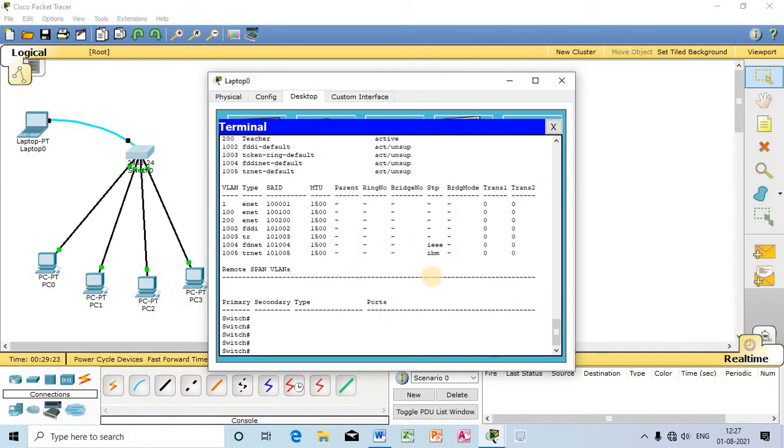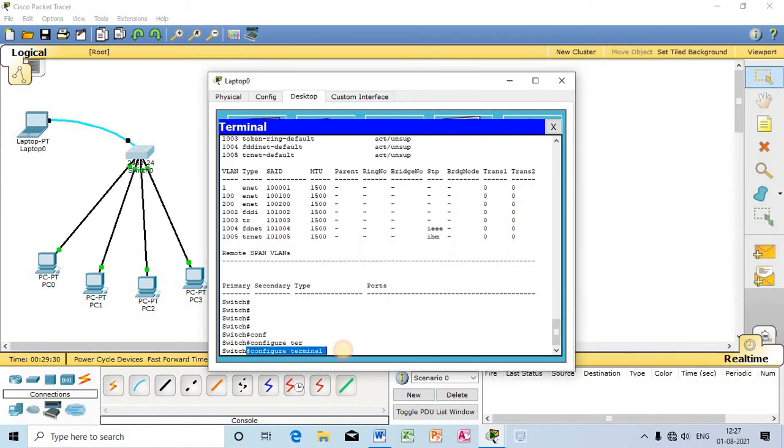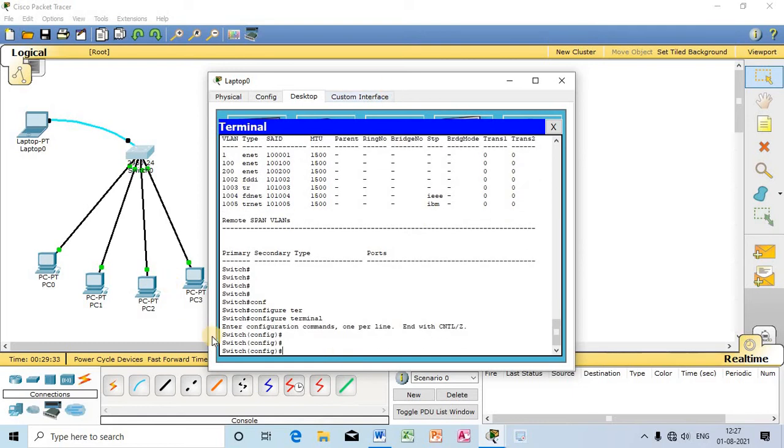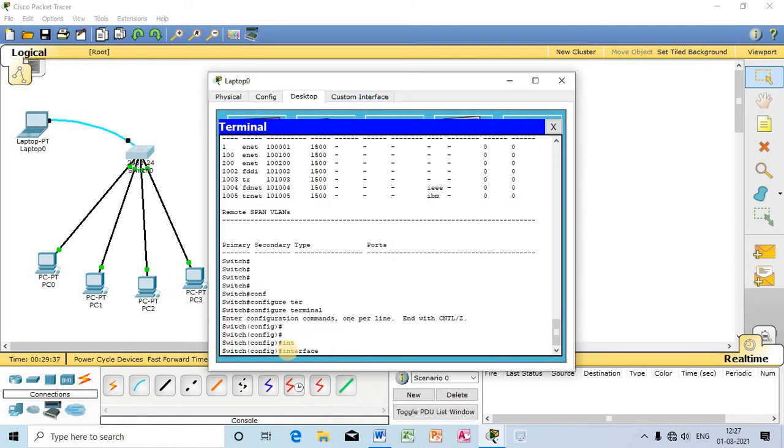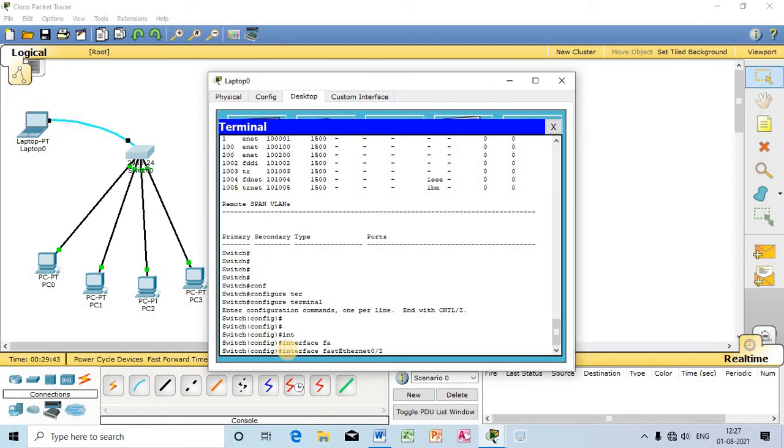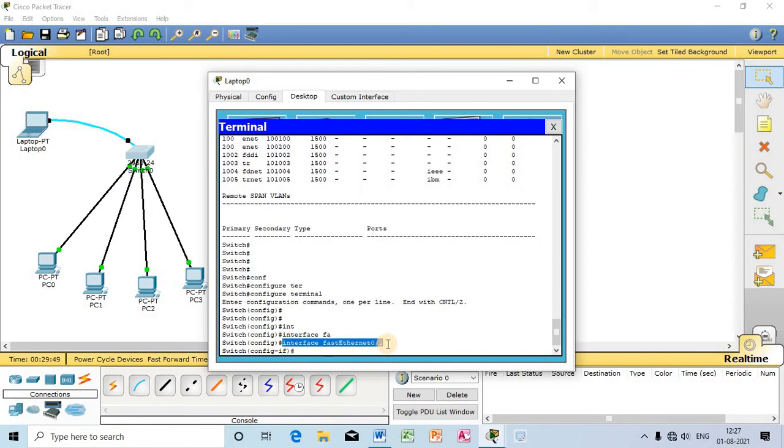I will move to configuration mode again, configure terminal, enter. So I am in configuration mode. Interface 0/2, so the next port, Fast Ethernet 02. The command is interface. I have moved to this particular port. You can see the symbol has changed.